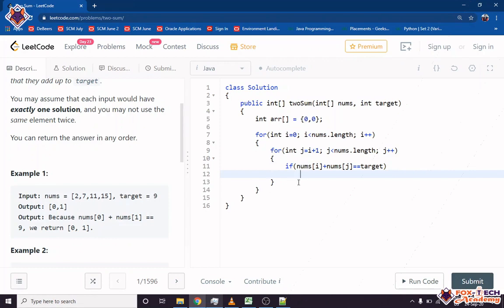So array of 0 is equal to i and array of 1 is equal to j, and if we reach our target, we will just break this loop, because we don't need to check anywhere else, right?